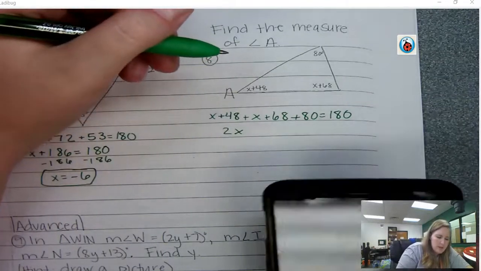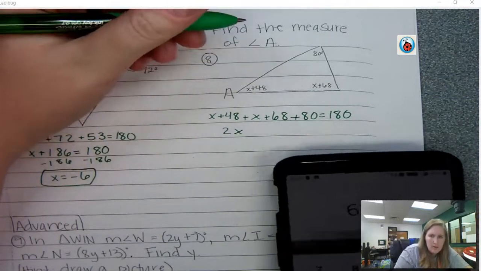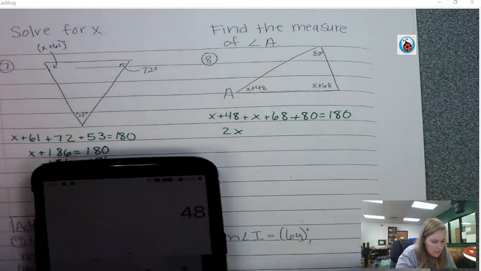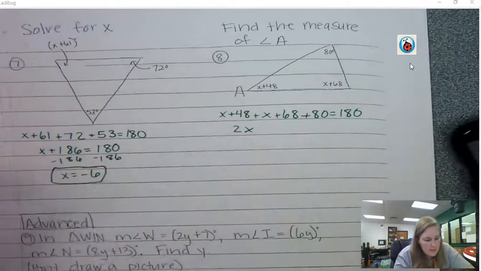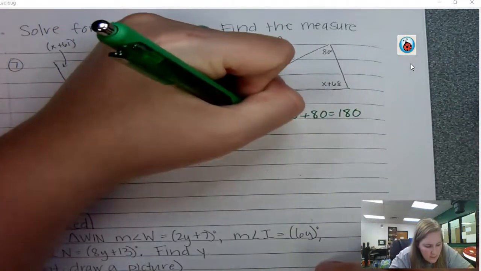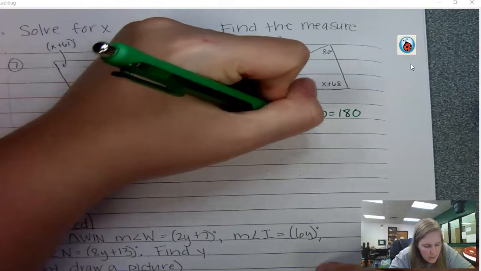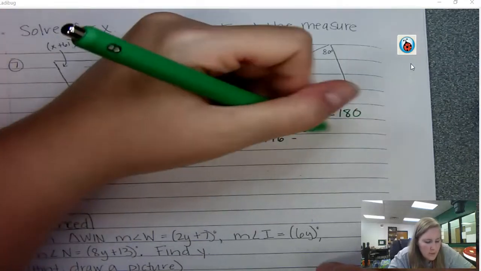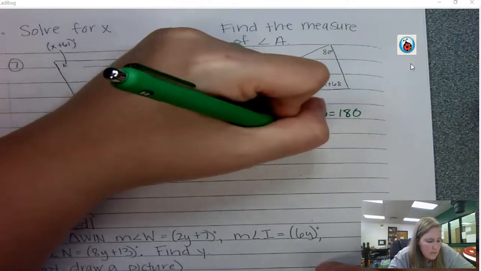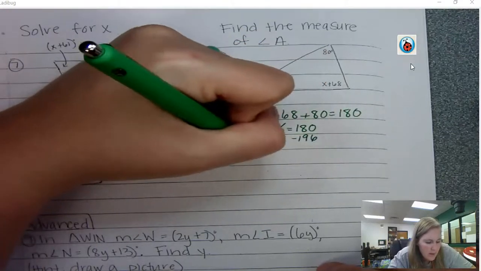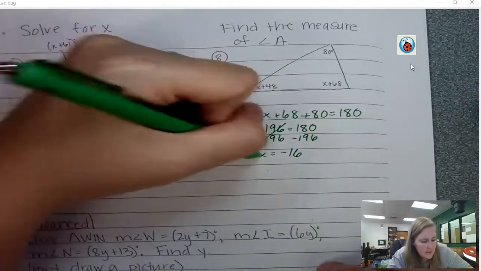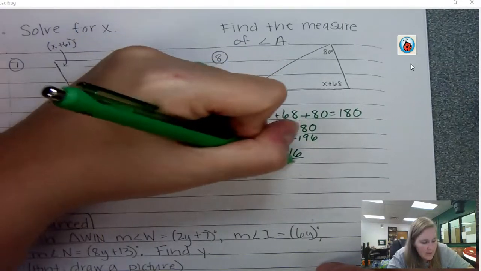So 2x, and then I'm going to get crazy and use my calculator again. 48 plus 68 plus 80 is 196 equals 180. Subtract 196. Ooh, looking like we're going to have a negative number again. It's alright. So negative 16 divided by 2